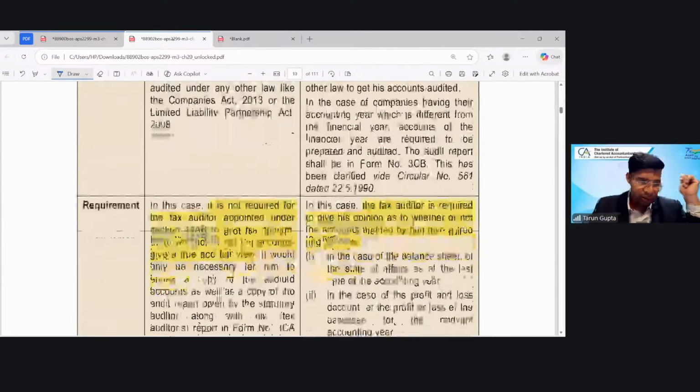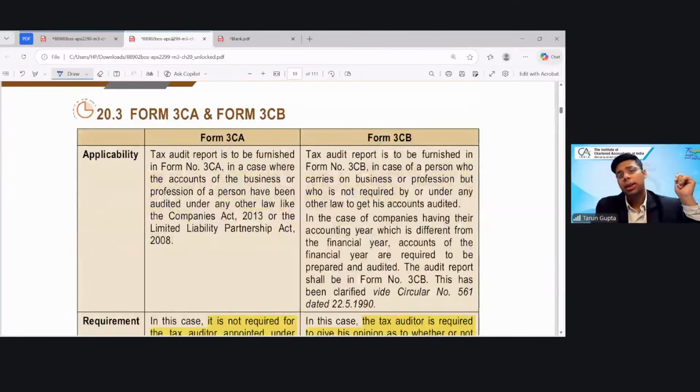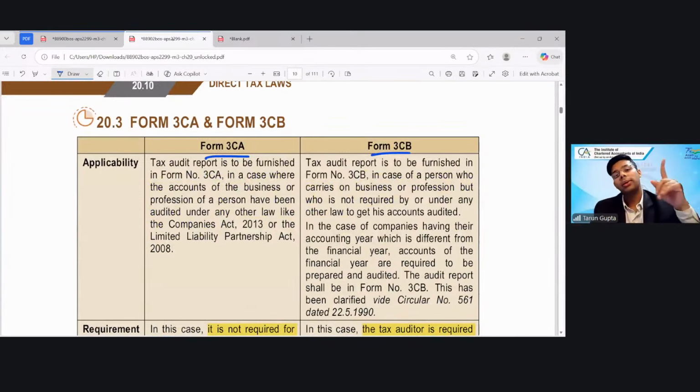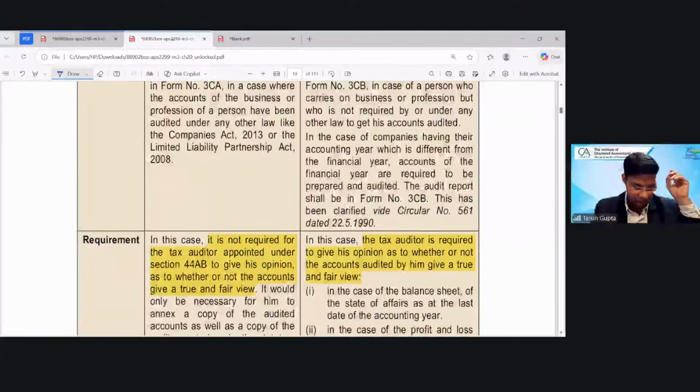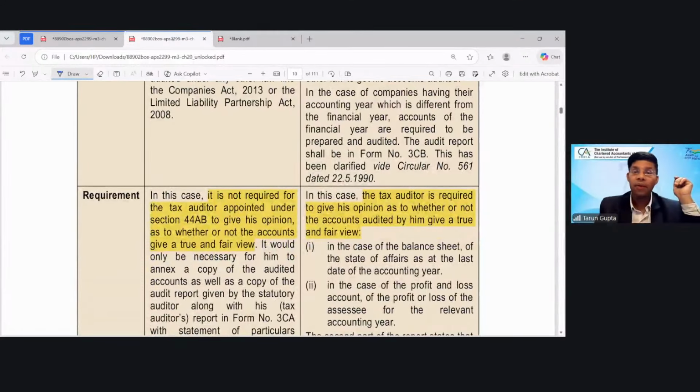So we have discussed the difference between 3CA and 3CB. 3CA applies when the books of account of the assessee are required to be audited under any other law. If they are not required to be audited, then 3CB. Under 3CA, it is not required for the tax auditor to give an opinion as